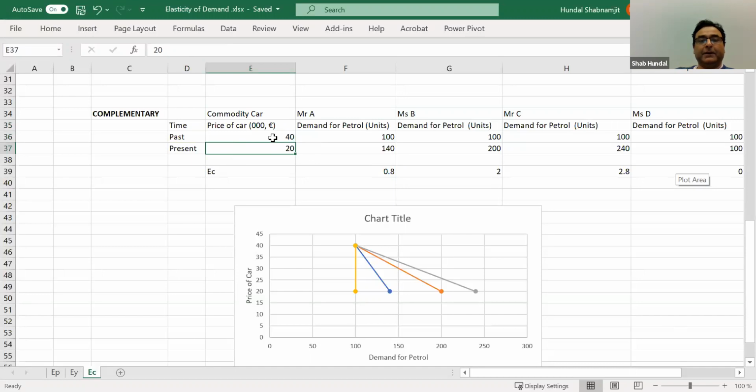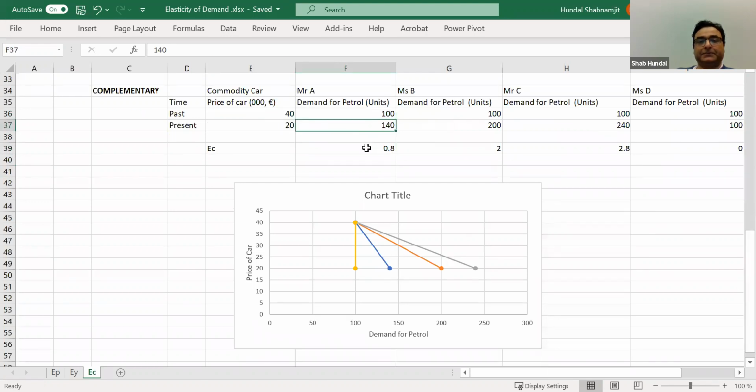And to run the car, you need petrol, the gasoline, okay? And you see that here, the reaction of consumer. So when the price of car goes down, so I assume that you have more cars, then obviously you will demand more petrol also. And you see the reaction here, it's 0.8. On the contrary, why it's 1?